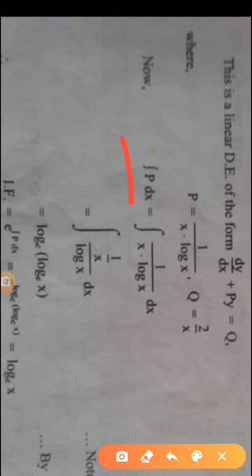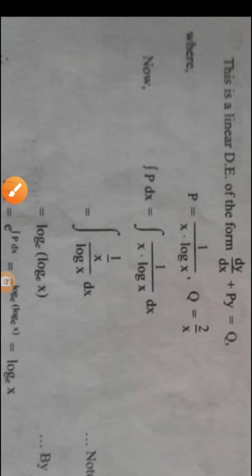So integration p dx, write down the value of p, 1 divided by x into log x into dx. Now to find this integral, we use substitution. That substitution is that log x is equal to t, and therefore 1 by x into dx becomes dt by the derivative. So by using this substitution, the given equation becomes